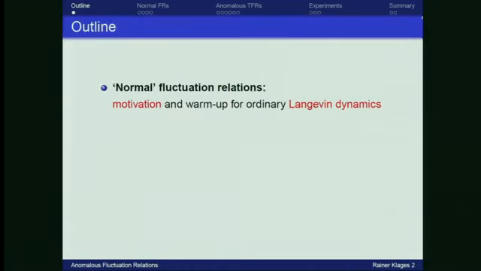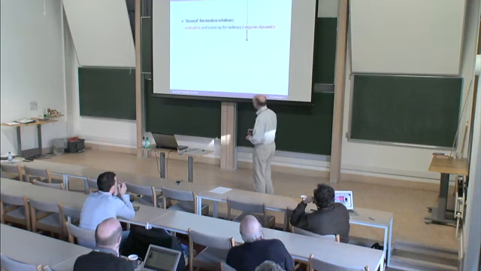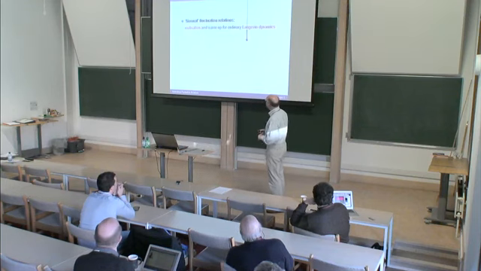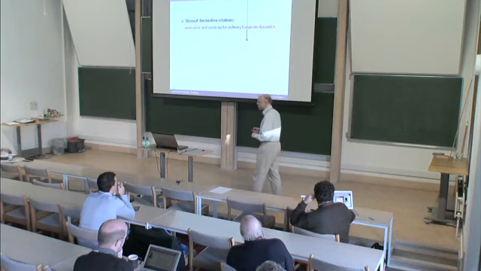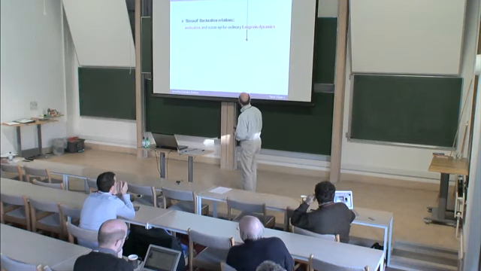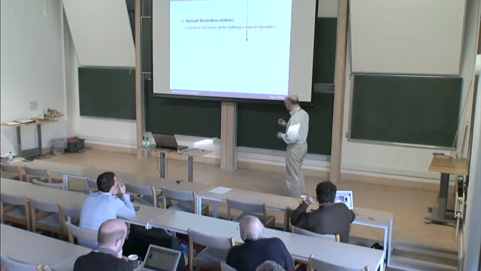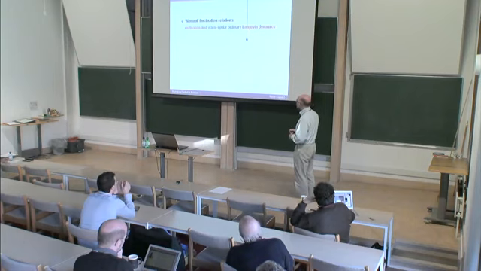So, a brief outline. First, you've already heard about fluctuation relations or fluctuation theorems on quite some occasions. Mark Pollicott has briefly mentioned them, Matteo has just mentioned them, you as well. So I will again briefly outline them to you. And then, as has been done before, I will discuss Langevin dynamics. First, as a motivation, I will show you how to prove a fluctuation relation for ordinary Langevin dynamics